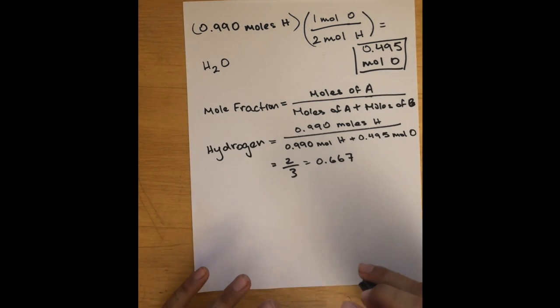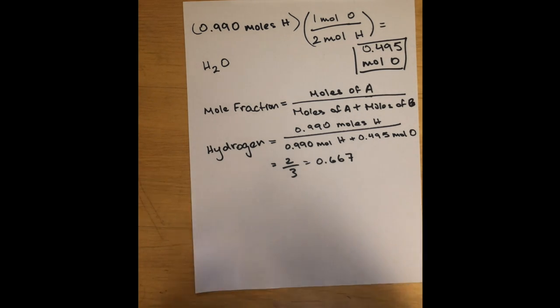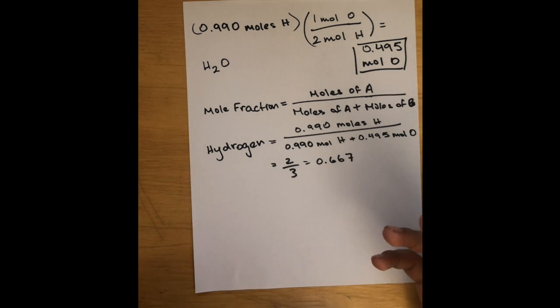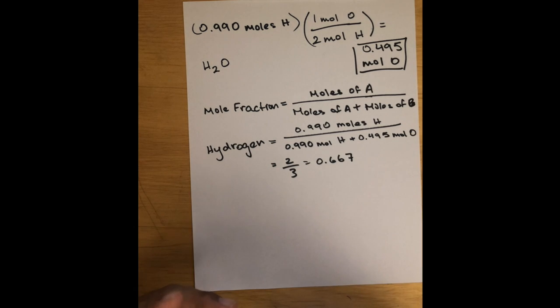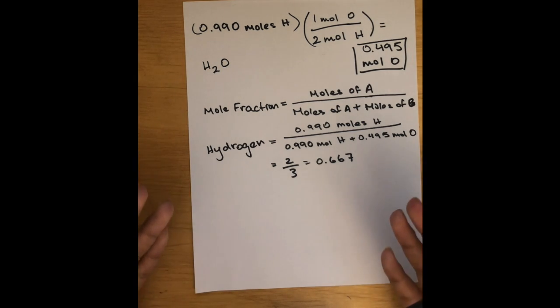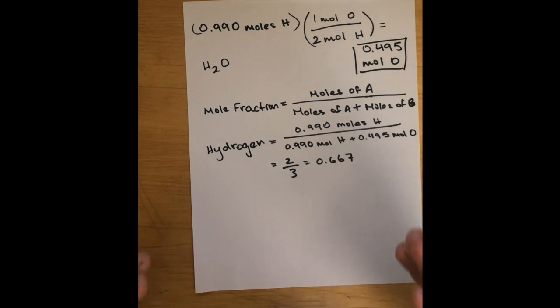And so that is the quantity that you would multiply any other factor or any other problem you're doing by in order to find that respective quantity for hydrogen, because you now know its ratio in terms of moles for water. Now, in later videos, we can go over more complicated problems, such as problems that may appear on the AP chemistry exam. But this is the basic gist of mole fractions: how to derive the appropriate number of moles for the numerator, how to add them up for the denominator, and what purpose they serve. And that is the ratio between the wanted substance and the overall moles of your